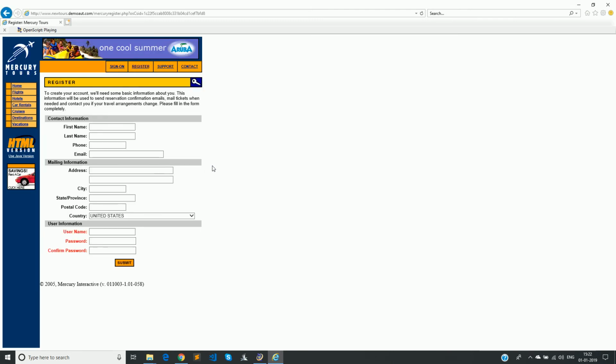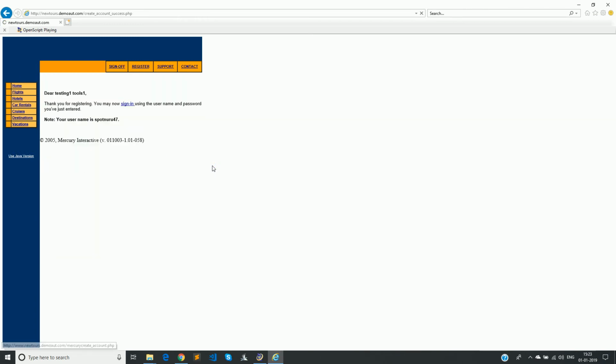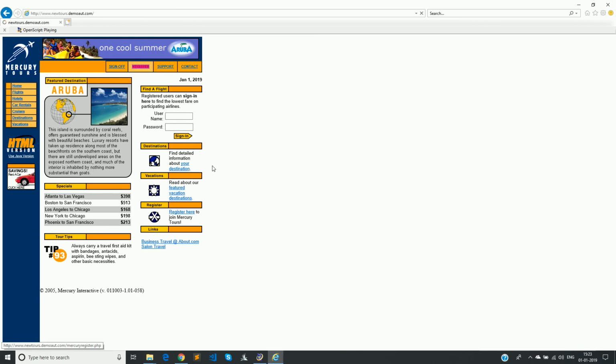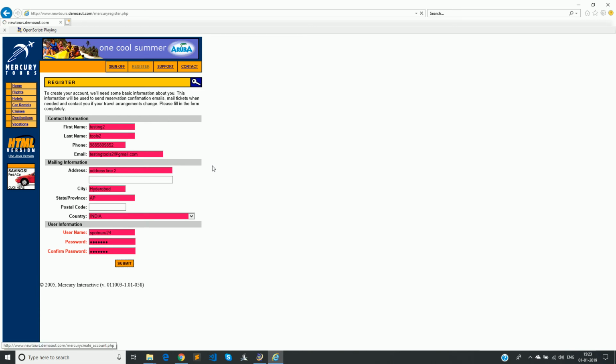It clicks on the register link, enters the first name, last name, all the details, and then clicks on submit. Now it will again click on register. Now it is executing the same script for the second record.